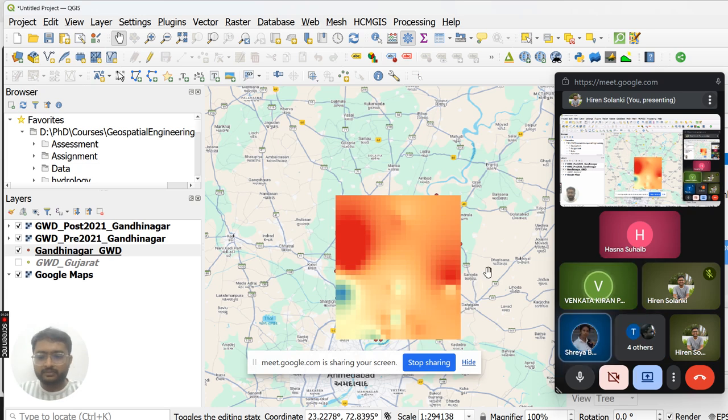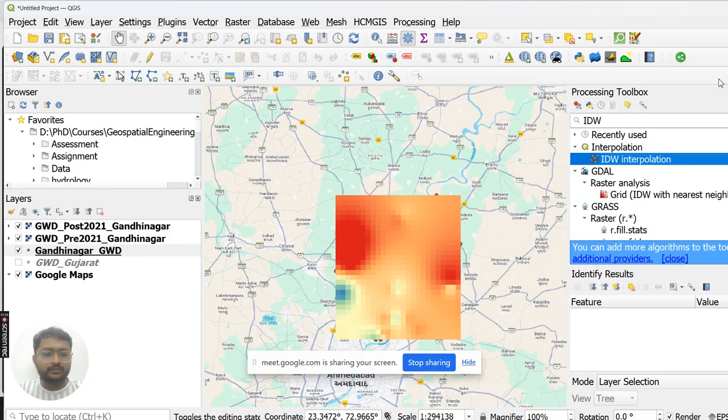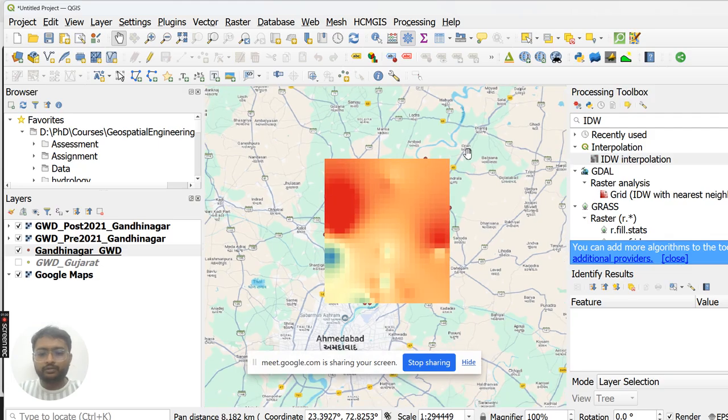We have heard about your post groundwater interpolation. Okay, fine. So we have done pre and post interpolation of groundwater levels. Now, do you guys have any question till this point? Otherwise, I will ask one question to you all. So my question is,